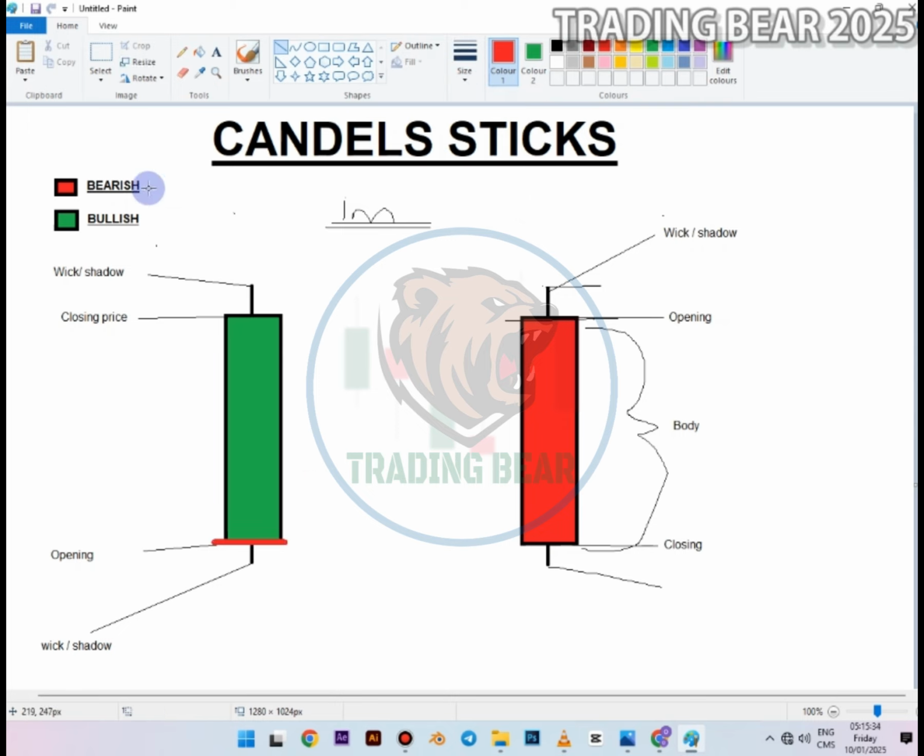Okay, so when price opened from here, we can say that it went all the way up to here. So this was our opening. If it goes down, that means it was bearish. If it goes up, that means it was bullish. So it first went up to here because we see this wick up to where it stopped. That means price went up to there,